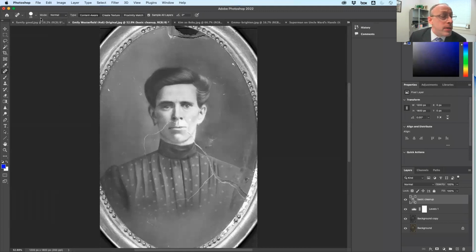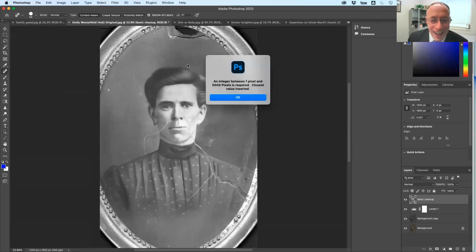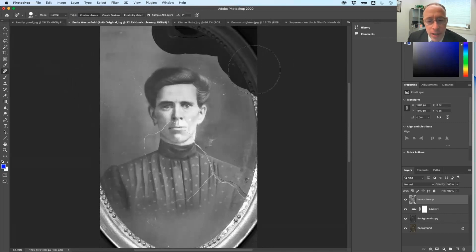You can either do it by clicking on the size slider up here, or remember you can use the right and left square brackets to make it larger or smaller. So I'm going to go pretty large here, and I'm going to select this whole section right there and say I don't want it. And it does a pretty good job